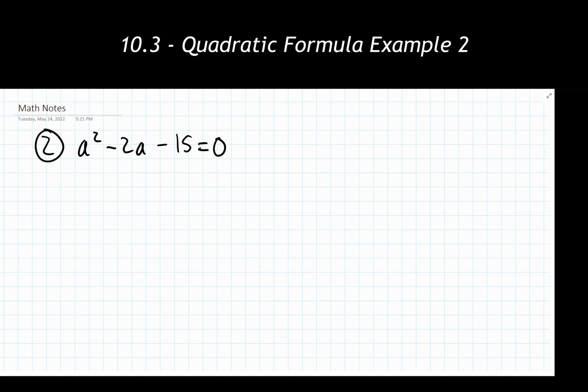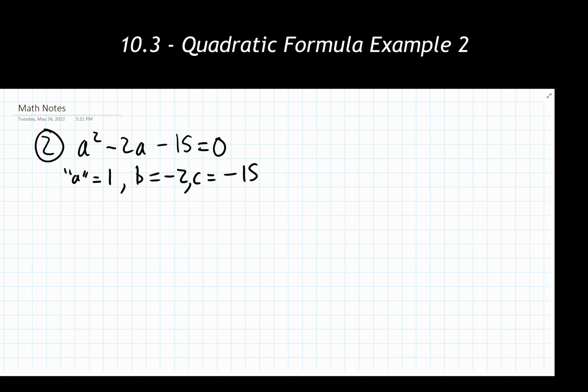So I'm still going to identify my, we'll do air quotes, a, b, and c values for this problem. It's already written in standard form, so that's been done for us. So identifying my a value, my b value, and my c value. I'm just writing these a, b, and c right below the equation this time compared to off to the side. You can do whichever one is more comfortable for you, whichever one keeps things more organized. So for quote unquote a, I'm going to use 1. It's the invisible number in front there. B is going to be -2, and C is going to be -15. Separate these out with commas here.